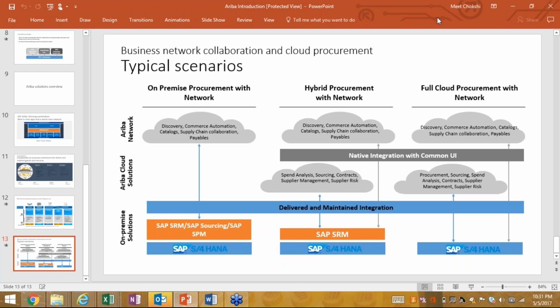We can do it standalone. For example, a customer who has not implemented SAP so far and wants to implement SAP Ariba straight away: will he be able to implement SAP Ariba without implementing SAP MM?